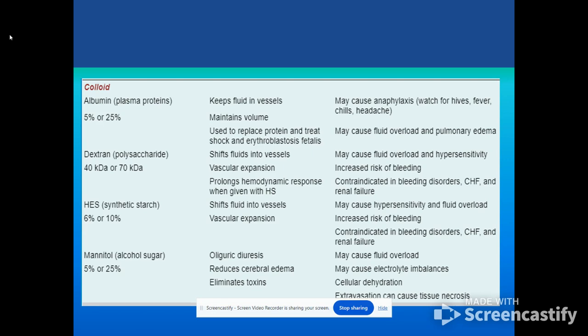We have something called HES, or synthetic starch. Again, it shifts the fluid into the vessels, also a volume expander. It can cause fluid overload and increased bleeding. Same thing with contraindications. And then we have mannitol. Mannitol is used a lot of times in patients in the ICU that have neurological disorders. So it will help to treat when there's low urine output, by diuresing. It will help